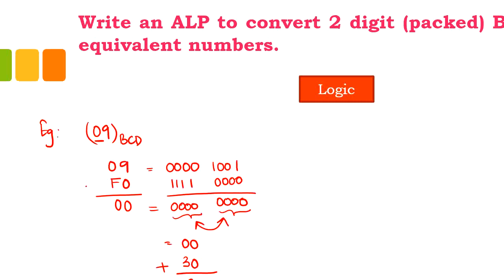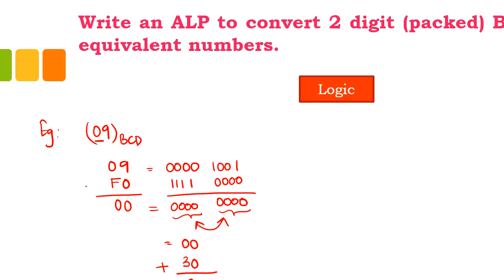But in this case, when you perform the masking, you want to obtain only the lower nibble, so you need to mask it with 0F. So the result of this will be 0, 9. If I have to show you in terms of binary, this is 0, 0, 0, 0, 1, 0, 0, 1, and 0, 0, 0, 0, 1, 1, 1, 1. This will be 0, 0, 0, 0, 1, 0, 0, 1. No need of swapping because this is already in the lower nibble. So all you need to do is just add this with 30 and the result will be 39H.